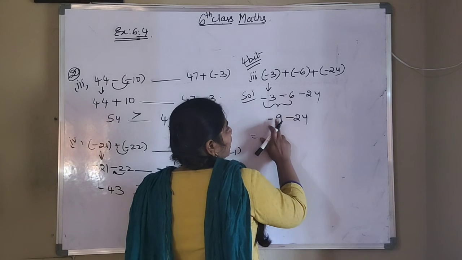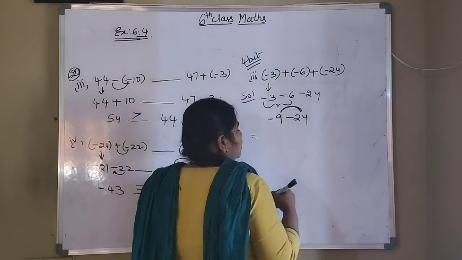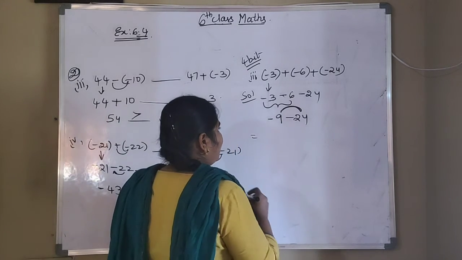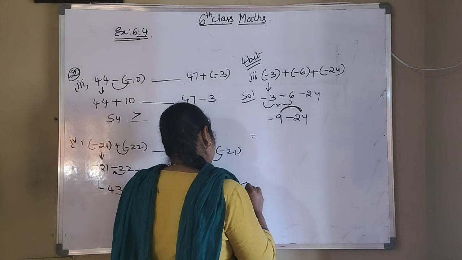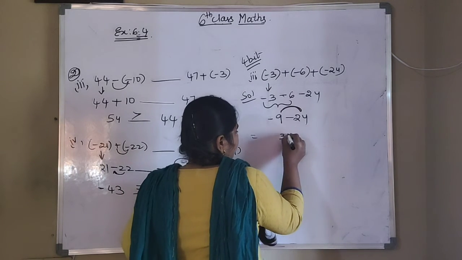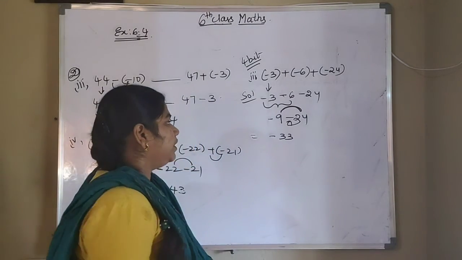Again same method. Minus into minus is plus. So we have to add the numbers. So how much it will be? 24 plus 9. 33. And bigger number sign is minus. So you will get it as minus 33. And